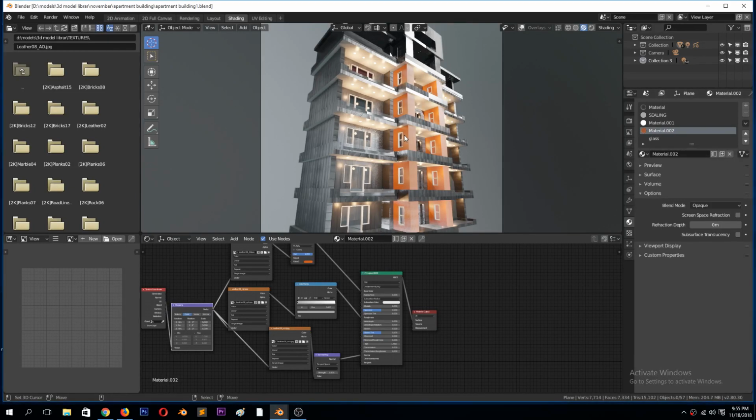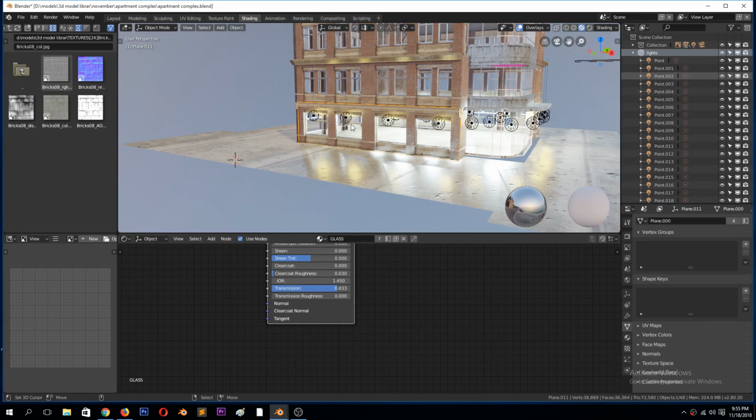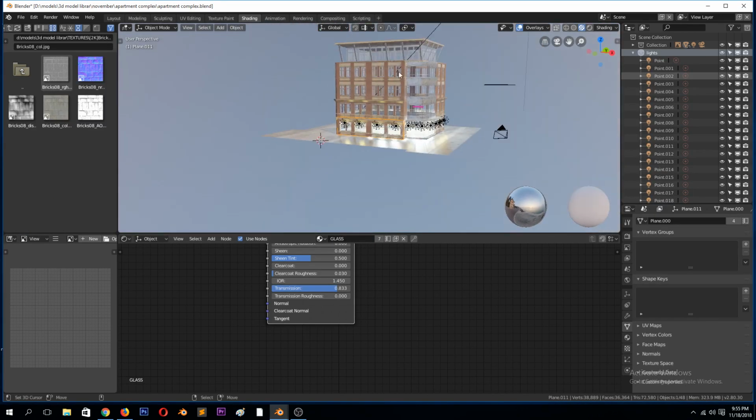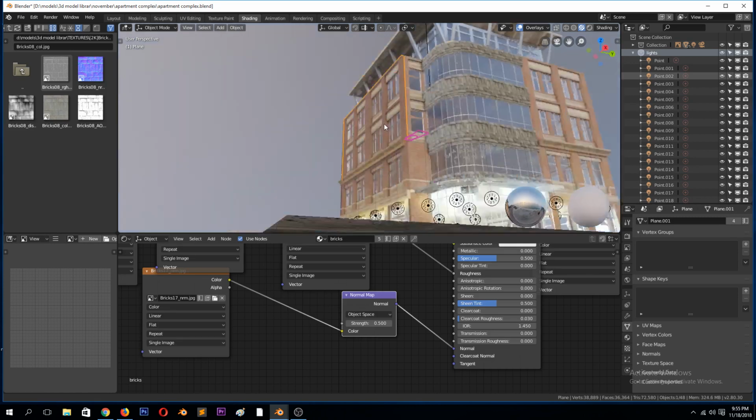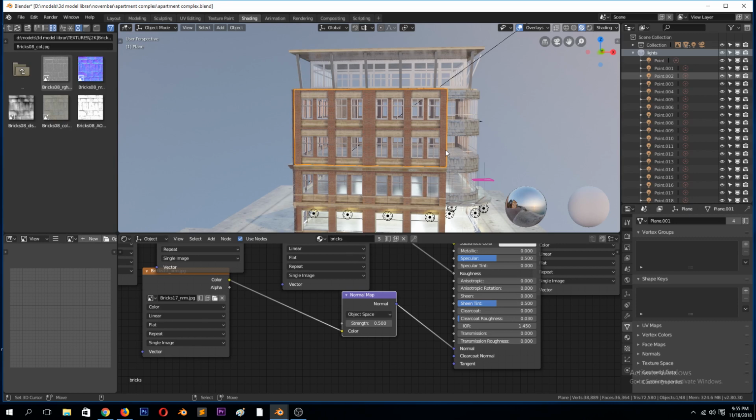This time we're going to be looking at how I made these two buildings in Blender 2.8. So this is still work in progress, but I thought I could just go through over how I made these